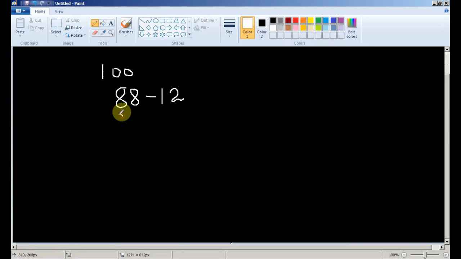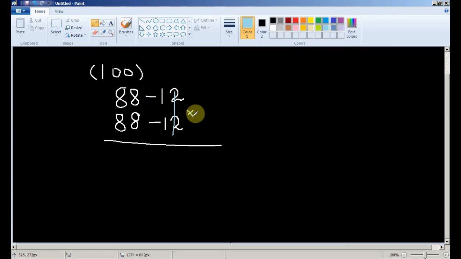Yes, and similarly once again I'll do the same thing. I'll use the same number again, take 88 as the answer number, and then 12. And you know why I've written negative 12? Because the number is less than the base. Okay, so now what I have to do is multiply in this direction, in vertical direction. So 12 into 12, 12 squared, is 144 is the answer.